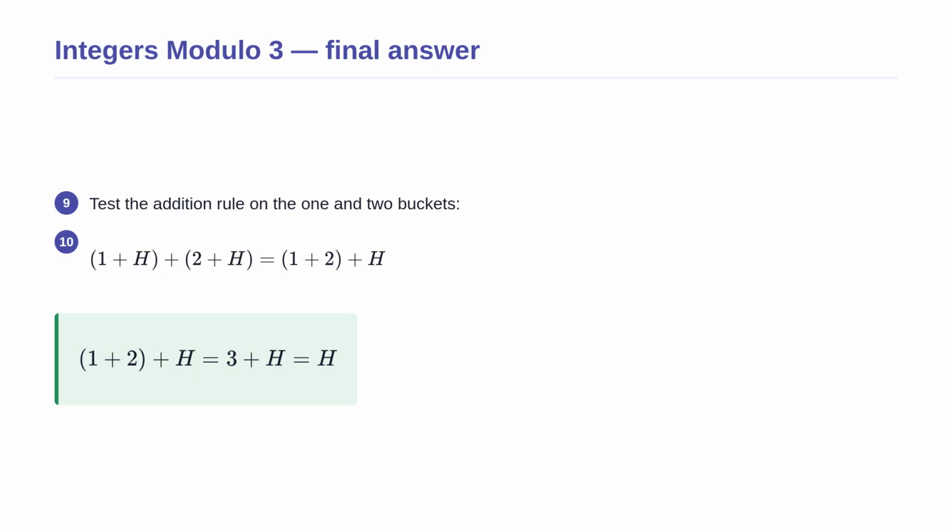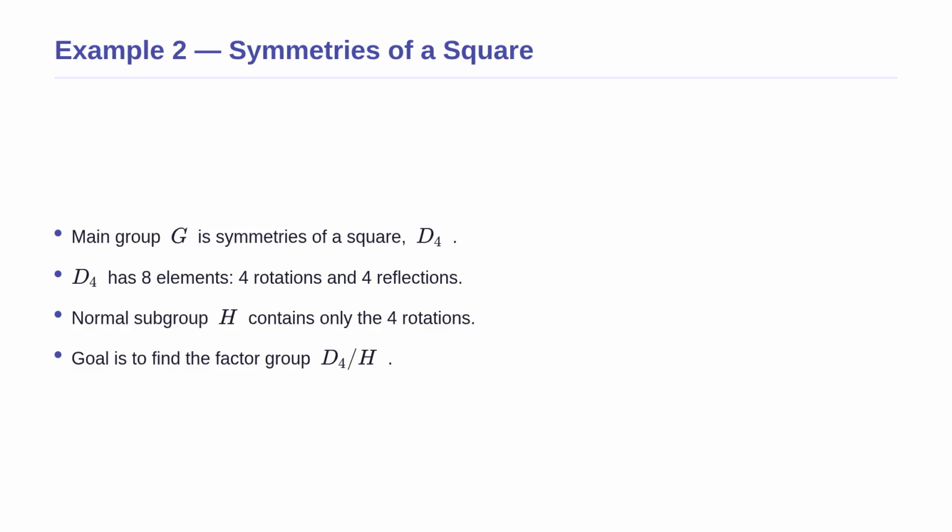But as we just saw a moment ago, shifting by 3 gives us the exact same bucket as our starting subgroup, H. This makes perfect physical sense. If you have 1 extra item and 2 extra items, they combine to make a full group of 3, leaving 0 extra items behind. Let us look at a second, more geometric example to see how factor groups handle physical